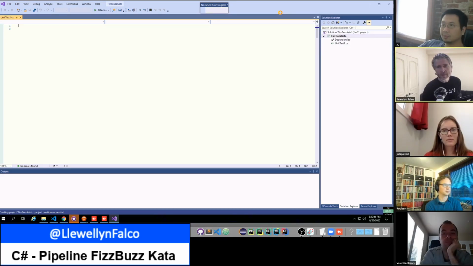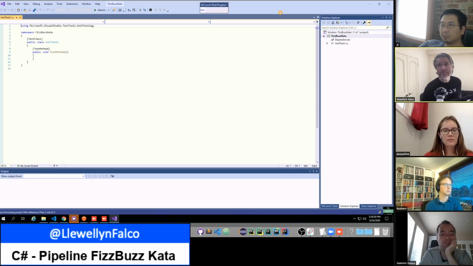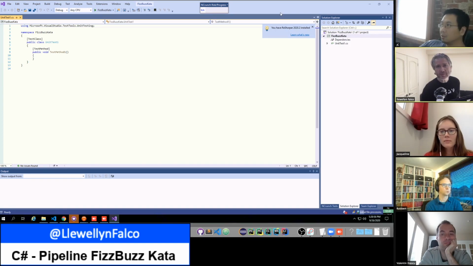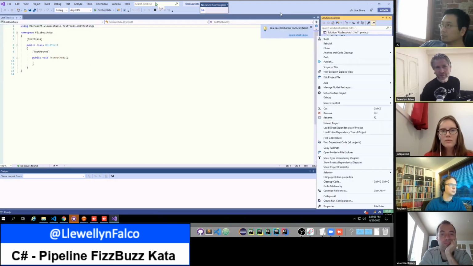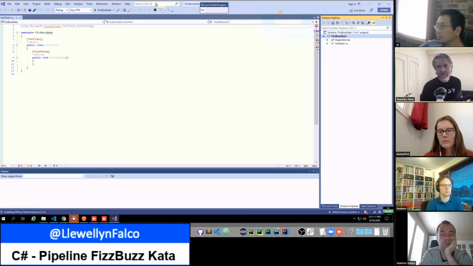All right. Inside of here, can you go to NuGet and grab pipelines? Right click on FizzBuzz Kata in the Solution Explorer on the right, and manage NuGet packages.